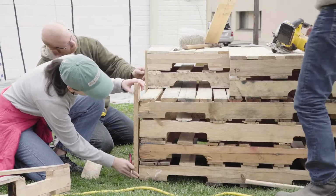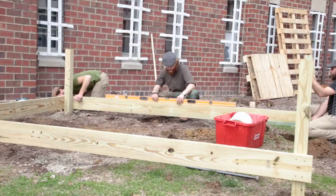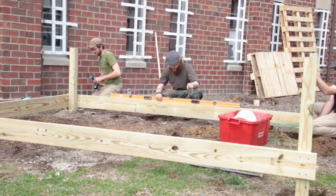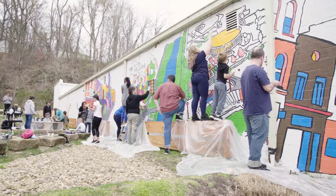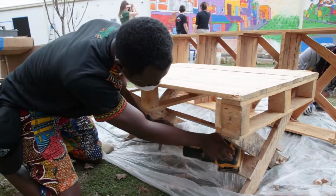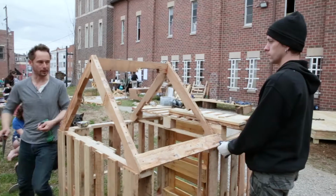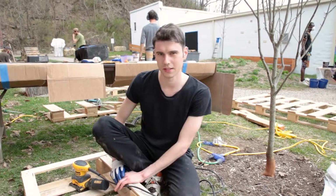So right now we are mostly building the pallet things, like different. Over there you can see the guys building the stage. The wall is almost painted, so it's gonna be finished today, as hopefully everything else. There's the table, you can see the bookshelf, the kids' playground is being built too, and a bunch of other stuff that I'm not aware